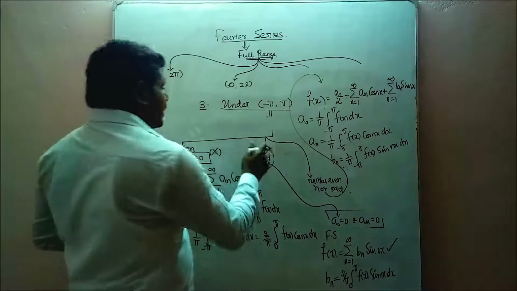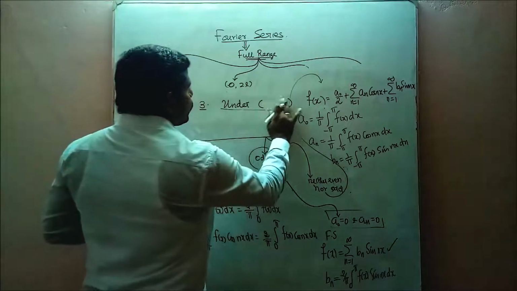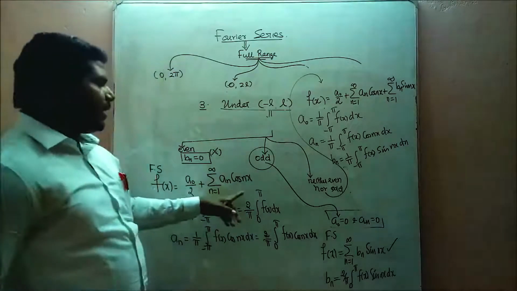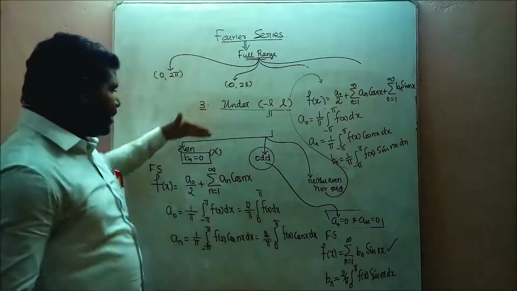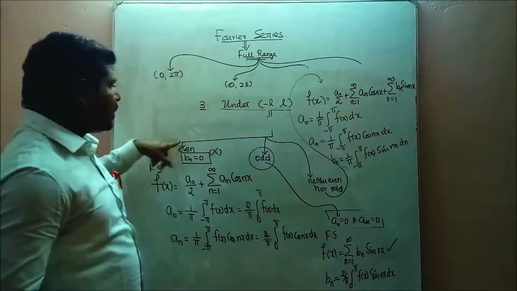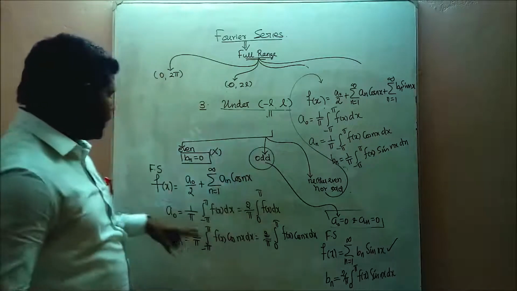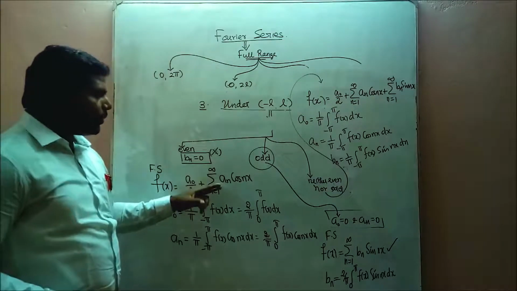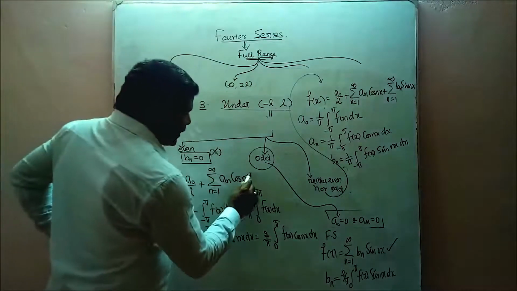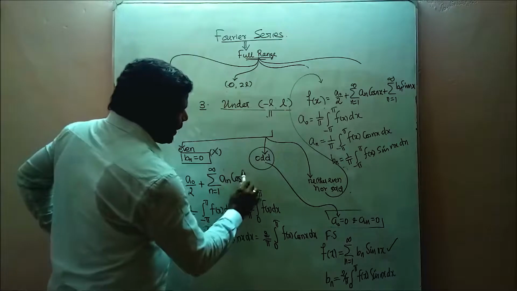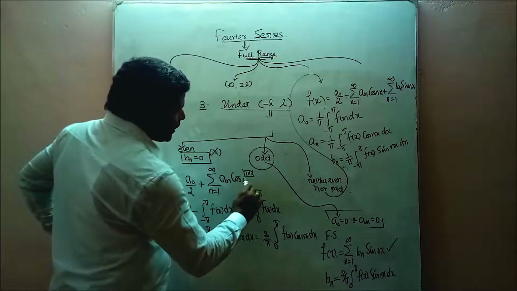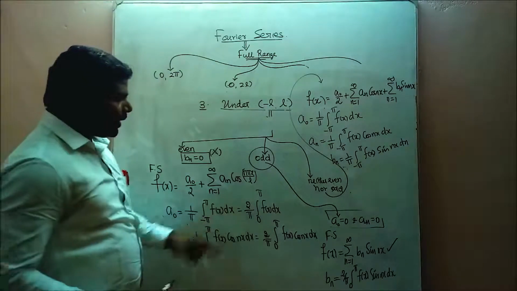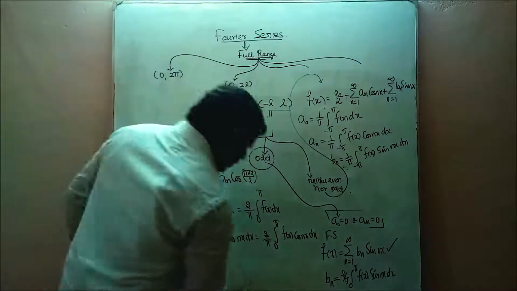Similarly, under this interval, minus L to L, replace nx by n pi x by L. இதே மாதிரி check பண்ணணும் even function, odd function, neither even nor odd. So f of x becomes a0 by 2 plus sigma n equal to 1 to infinity an cos nx இருக்கிற பிளேஸ்ல, n pi x by L substitute பண்ணுங்க. So a0 equal to 2 by L. So this formula becomes